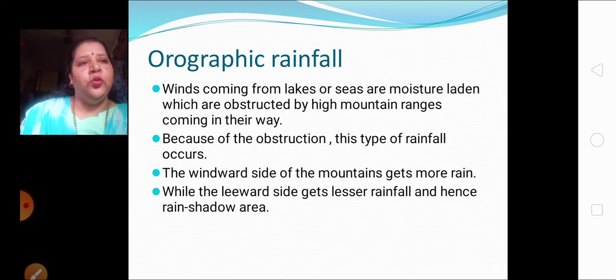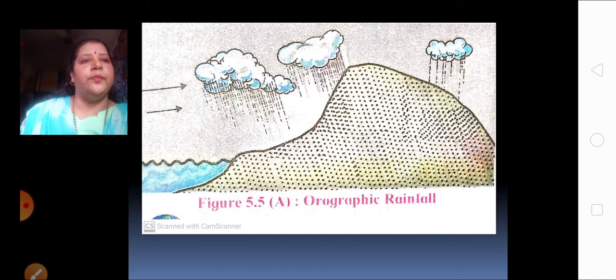And as you all know, if we talk about the Indian subcontinent, from which winds are we getting the rainfall? Yes, you all know it is the monsoon winds. Monsoon winds give rainfall to the Indian subcontinent. Now these winds, when they are blowing, they are obstructed by our mountains. And because of which India gets the rainfall from these winds. So which type of rainfall is India getting? Orographic type of rainfall. Very good.